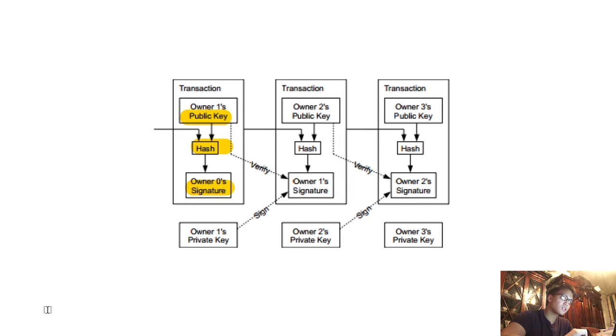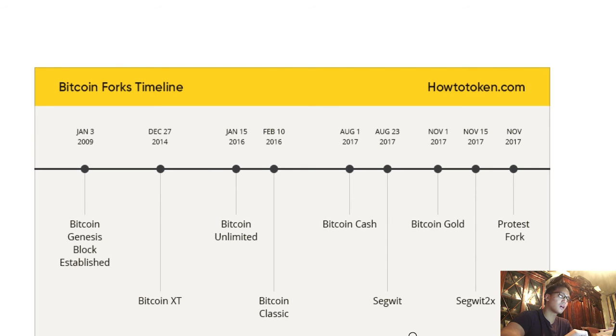Now, segWit 2x, the most recent fork attempt that failed, wanted to integrate a doubling of the block size in addition to the original segWit proposal. However, the Bitcoin community showed a lot of discontent for segWit 2x because it would remove a feature called replay protection, which is used to protect users of Bitcoin.